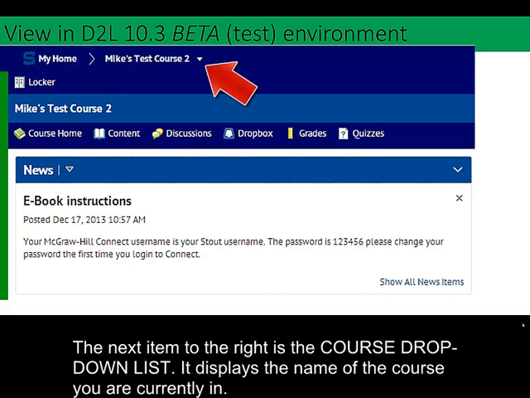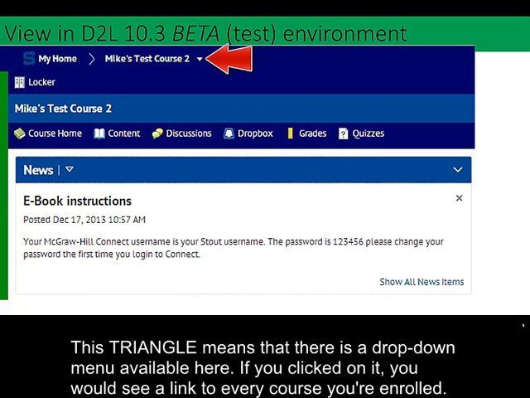The next item to the right, you can see the name of the course that we're currently in. Mike's Test Course 2 is the name of this course. Then you'll also notice the down-pointing triangle. That means that there's a drop-down menu there, and if you clicked on that down-facing triangle, it would open up a menu box of all the courses that you're currently enrolled in